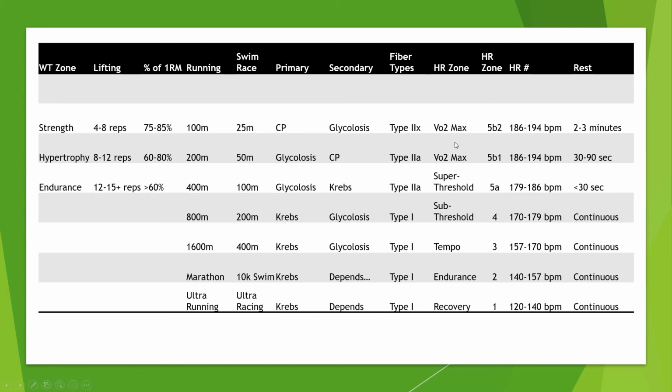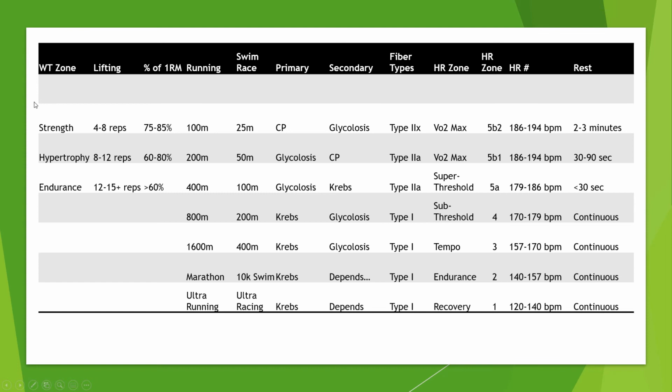Then you have 5B2. 5B2, same thing cardiovascular-wise, same heart rate, but you're pushing. These two zones, heart rate-wise, get a little dicey because unless you're using a heart rate strap, you really can't get an exact heart rate, so we kind of zone it out that way. This is where you get a little bit heavier and a little bit faster. This is your 100-meter race, your 25-meter swim, so 1 length of the pool, 1/4 of the track. Your rest is increasing dramatically, so 2 to 3 minutes of rest between intervals,